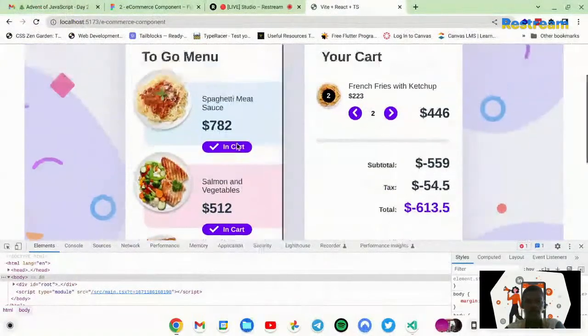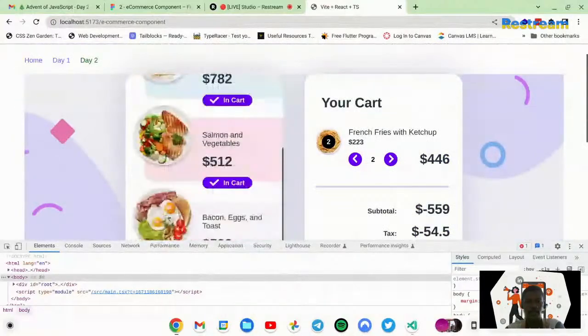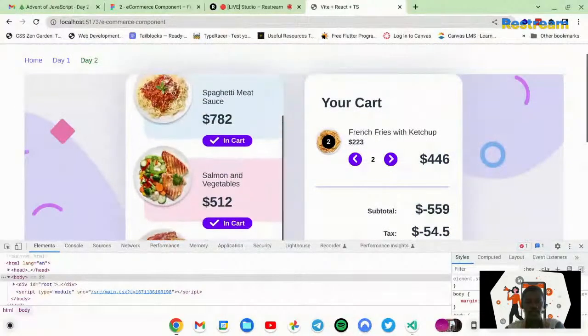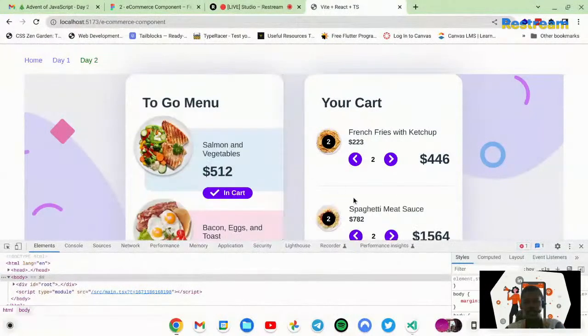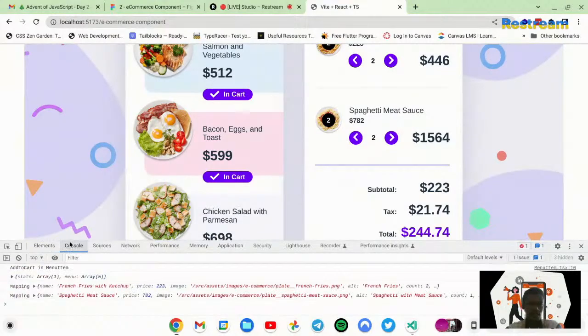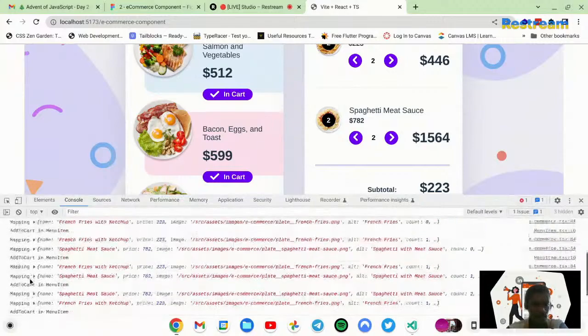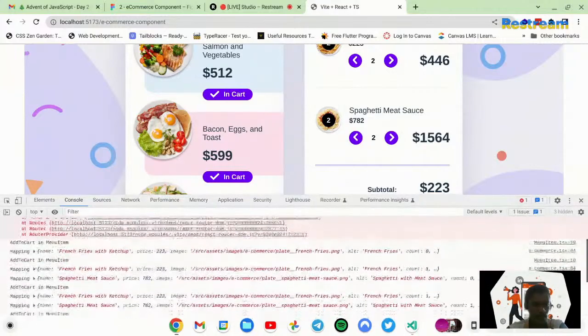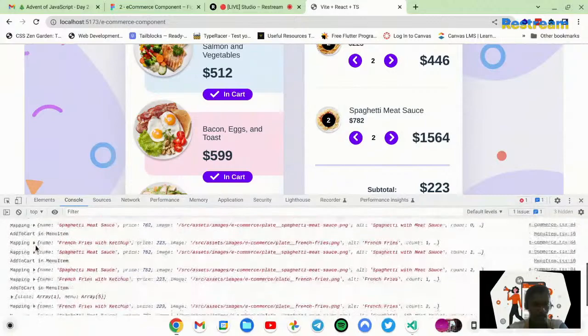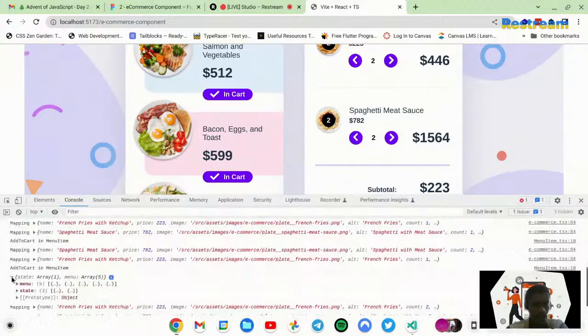0, remove, and then let's add it once more. Where is it? Oh, which item did I even just remove? Was it this? Okay. Yeah. And now see, even the total was not calculated. Okay, of course. Let's see. Let me see my console.log. Right. Okay. So let's see. So state is